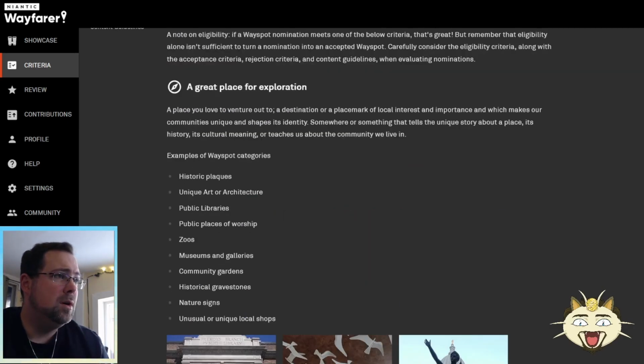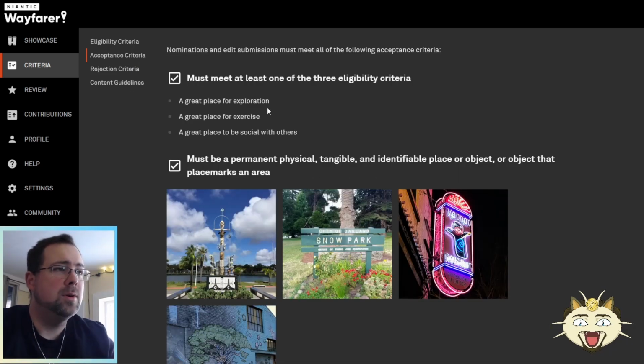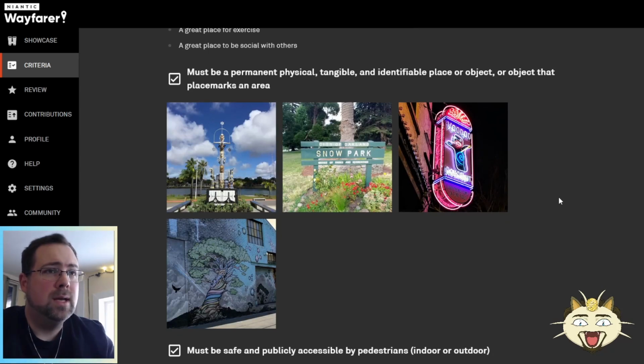So let's move along, and we're going to jump into acceptance criteria. This is actually what makes eligible criteria become actually acceptable. So let's check out acceptable criteria. Must be one of the three eligible criteria, like we just covered. A great place to explore, exercise, or socialize or gather. Next big one, and this is really important, must be a permanent, physical, tangible, identifiable place or object that